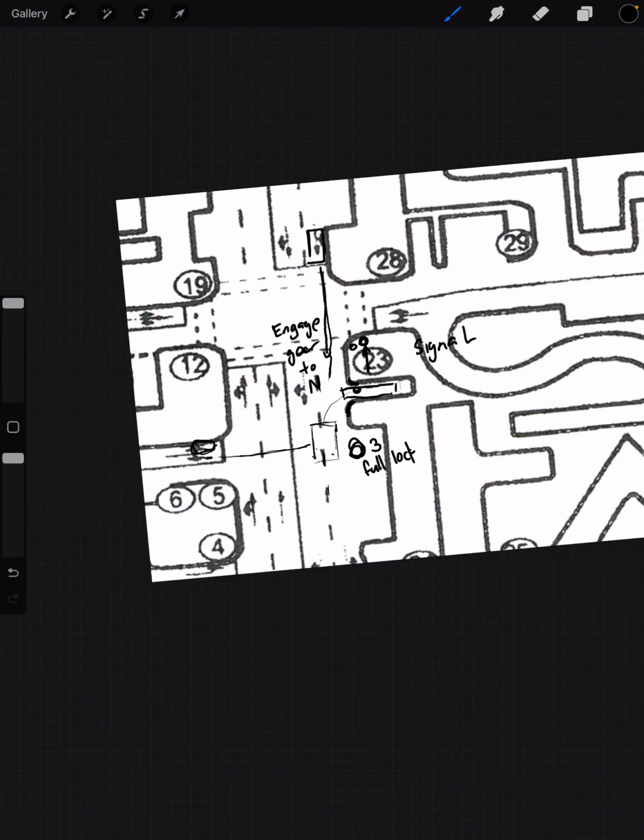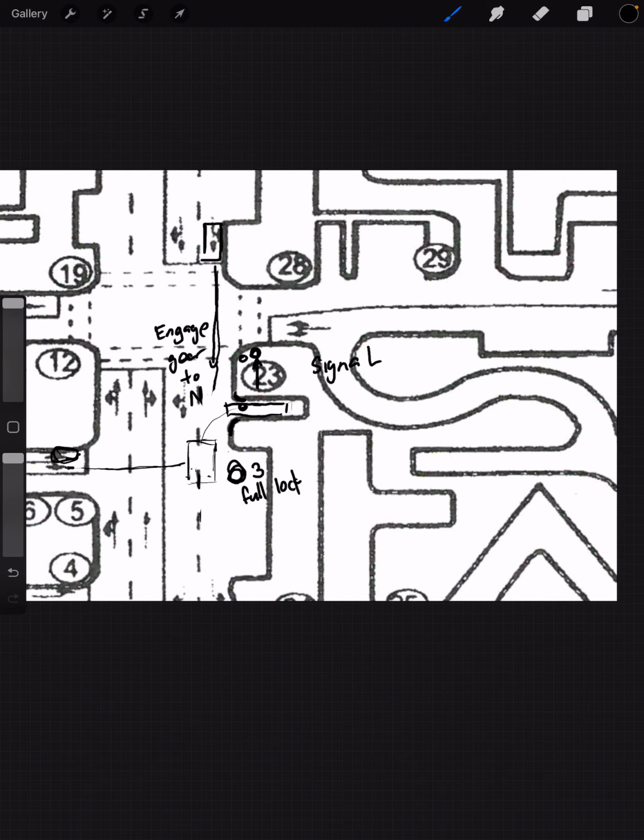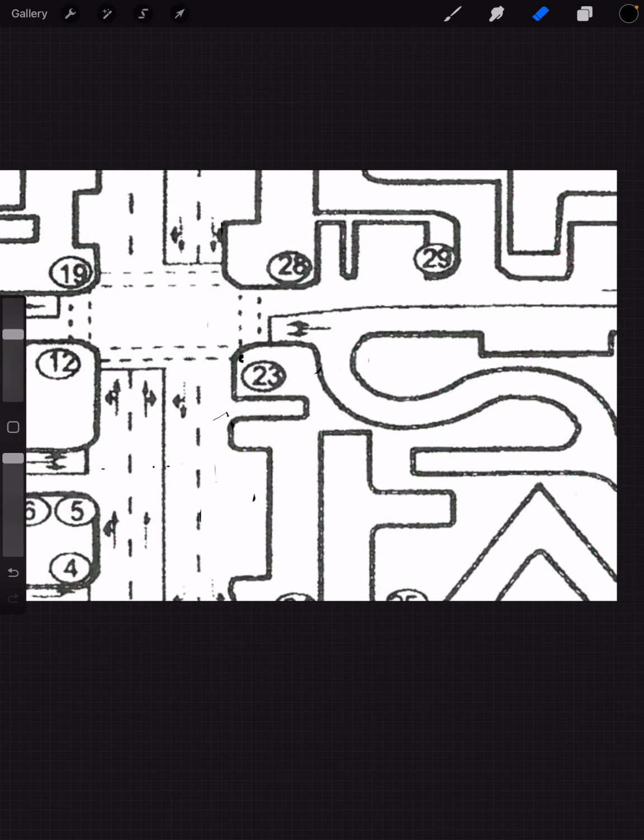Then what about the other vertical parking? The next vertical parking is at number 28. At number 28, most of the time you will be out from the S course. If they want to test you, they will say, out from the S course, do vertical parking. If that is the case,